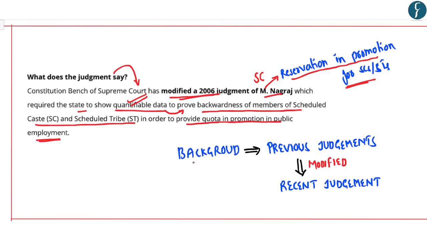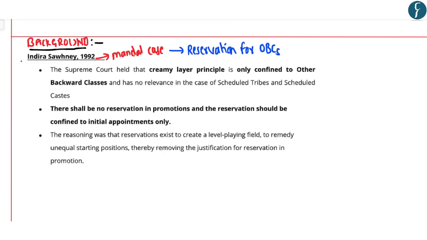So in this particular aspect, let us now understand the background of the previous judgments with respect to reservation in promotion for SCs and STs, and as to how the previous judgments have got modified in the recent judgment of the Supreme Court. Now in the Indira Sahni case, which is also famously known as the Mandal case, which provided for the reservation for the OBCs, in this particular case the Supreme Court had held that the concept of creamy layer is confined only to the OBCs, and the concept of creamy layer would not be applicable to scheduled caste